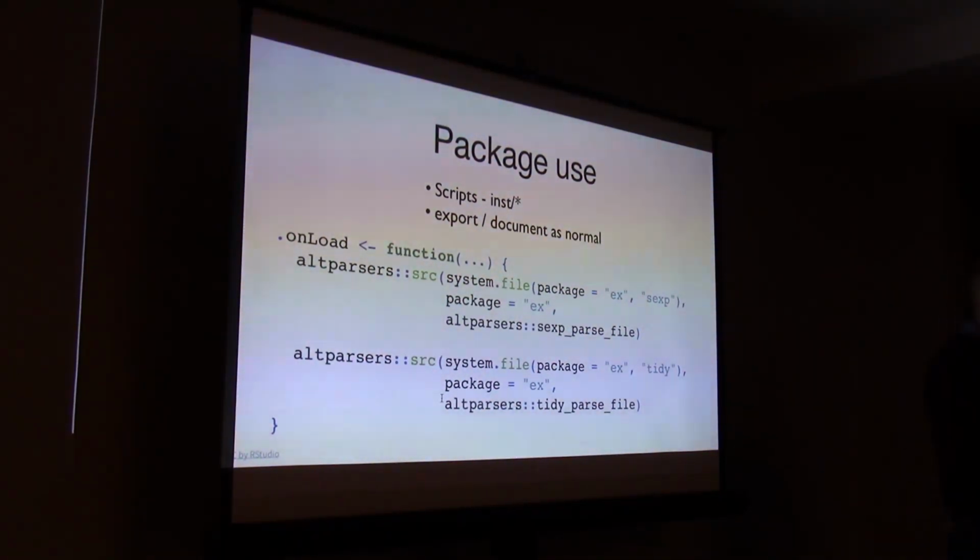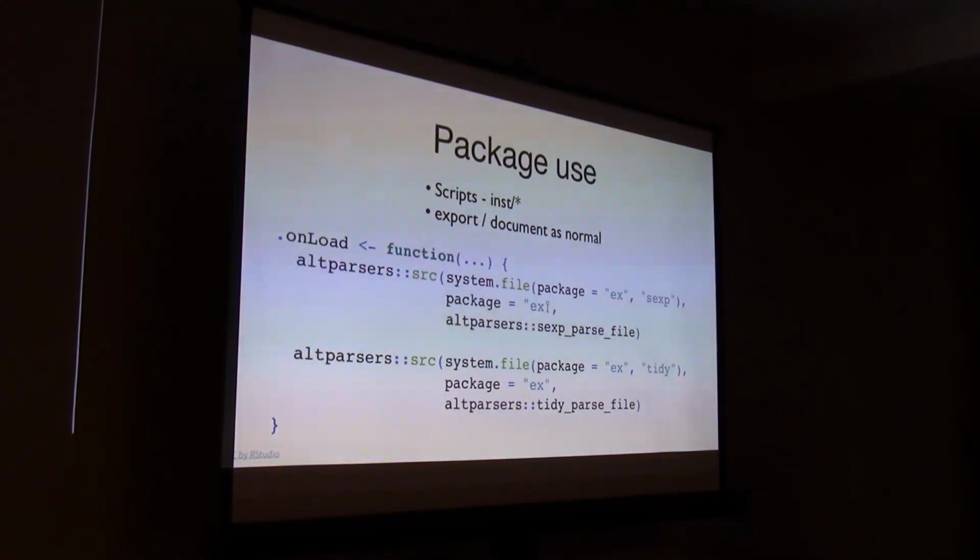I mentioned you can use this in packages. If you have scripts that use one of these alternative parsers, you put the code for those scripts in directories within your inst directory to make sure that they're installed with the package. Then you export or document the functions as you normally would with an R package. The only other thing you have to do is, in the onLoad function for your package, which is run automatically when the package is loaded, have a call to the src function in the altparsers package with the folder that your scripts live in, the package that you're sourcing them into,